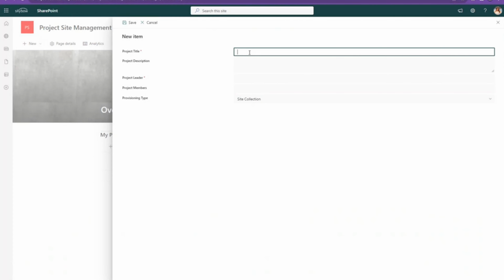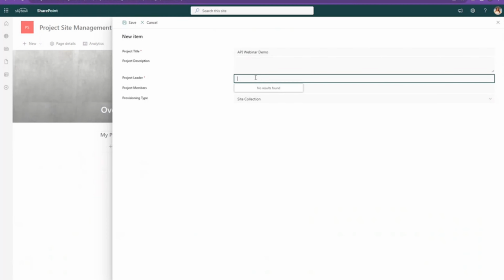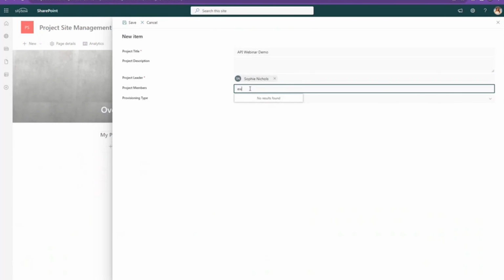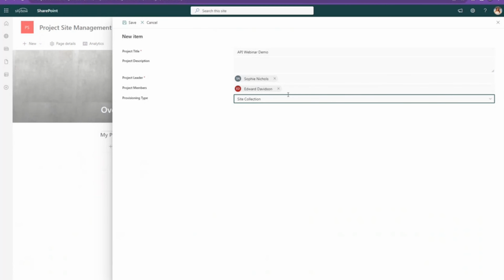And here I can put in API webinar demo, maybe 2, just demo. I'm logged in with Sophie. So for this scenario, I will simply take her. And maybe some other members, Edward. I could put in more, but on my environment, I just have these 2 users. All right. Now, once I hit save,